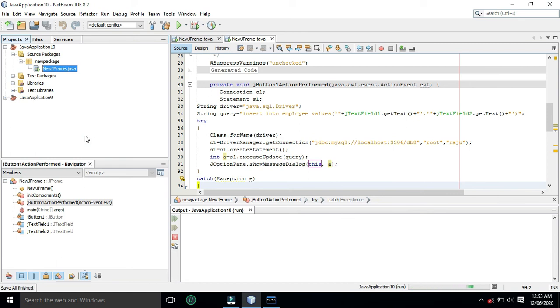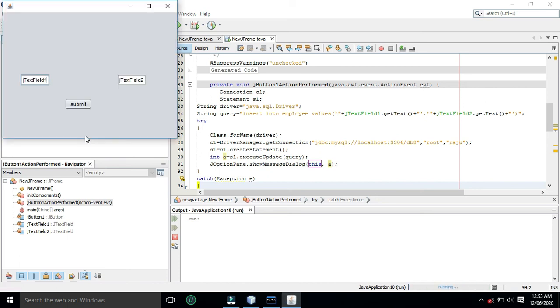Now specify the values for first text box and second text box. So Sagar and Verma. Now Sagar is used for the first name column and Verma is used for the last name column. Now click on submit.